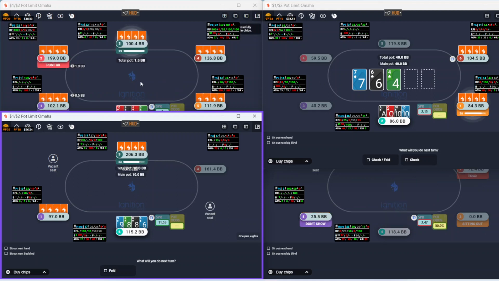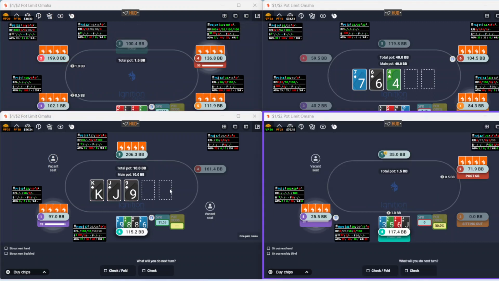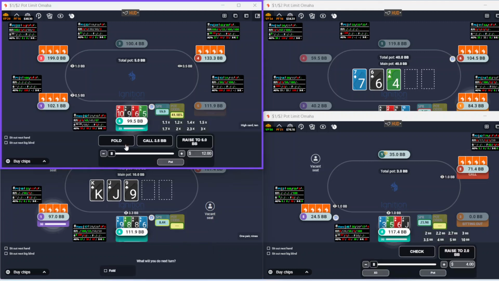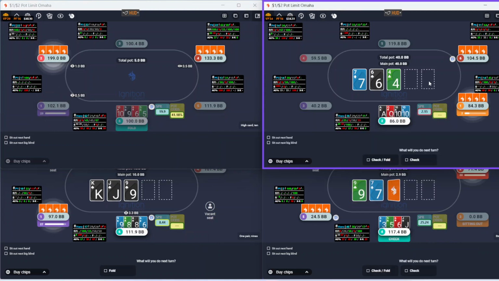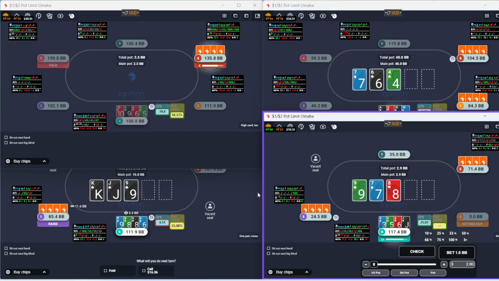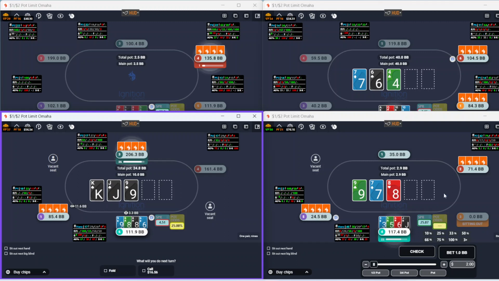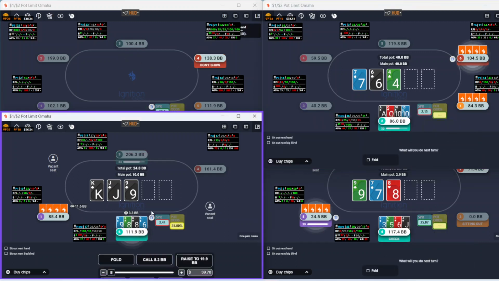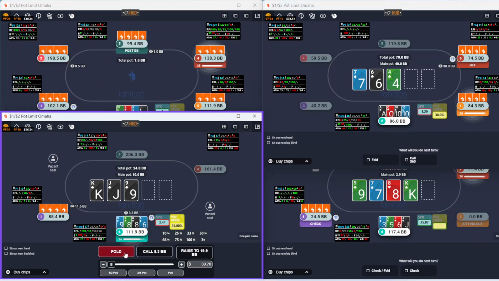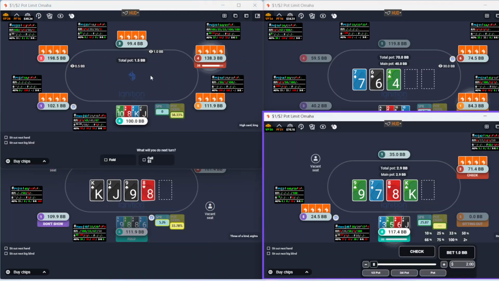We likely have to check pretty much most of our range on this board. Again, I'm going to be stabbing 1/3 at these boards a lot. And yeah, I mean, these boards overfolded and over-raised. I mean, there's not really many hands that he should have here that he wants to raise with. And it's very heavily skewed towards value, so...